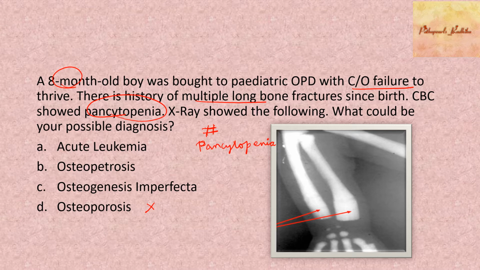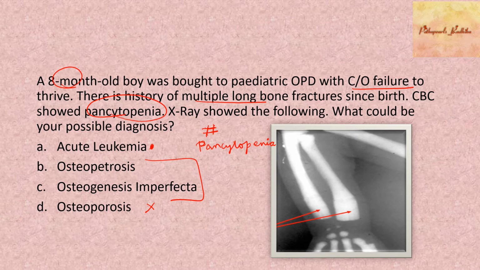So the next option which you can rule out is, any guess which one you can rule out? It is option A. Why? Because you can have leukemia at this age, but you will usually have some predisposing condition, and usually you will have some additional clue if it's an acute leukemia, and acute leukemia usually doesn't cause fracture. So this is last on the lot. So your answer must be either option B or option C. Now let's go to the X-ray.